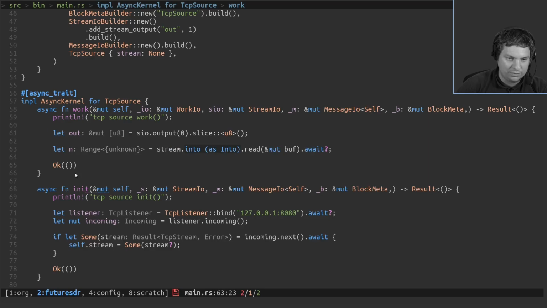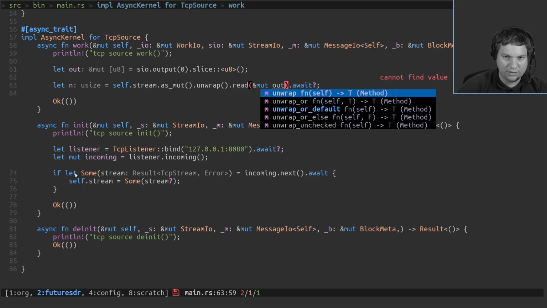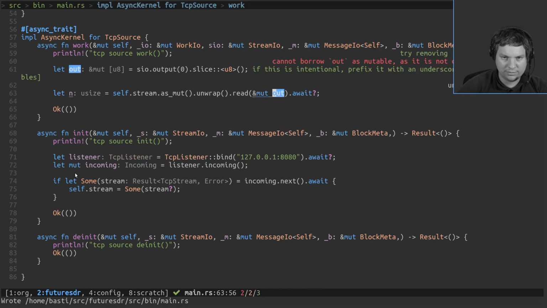The stream we get from self.stream as mut unwrap. Get it from the option, and then it reads into our output buffer.